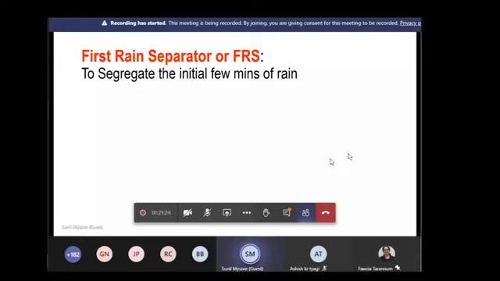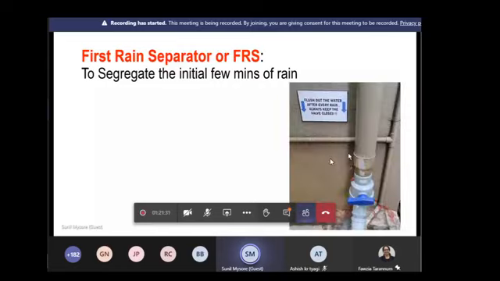How is it done? Generally it is just a plumbing arrangement. You arrest the water at a lowest point through a valve or a cap, and let the water build up in the column. The water column essentially acts as a first strain separator. So the water standing in the pipe is essentially wasted water, and that will carry the maximum dust. When you open the valve, it will go out to wherever it has to go. So this is the first strain separation.